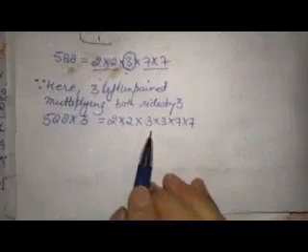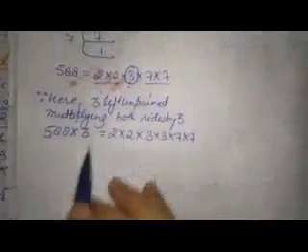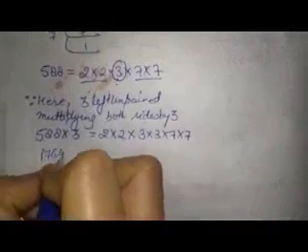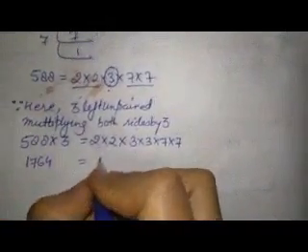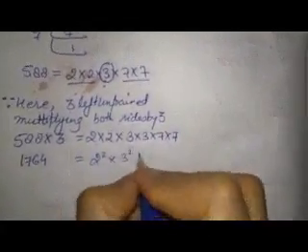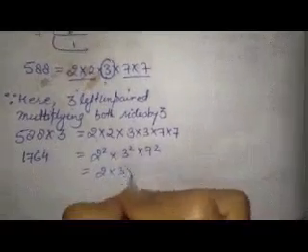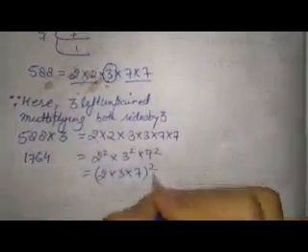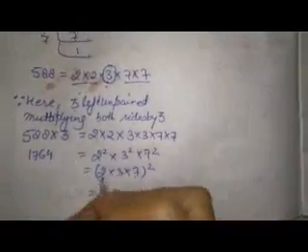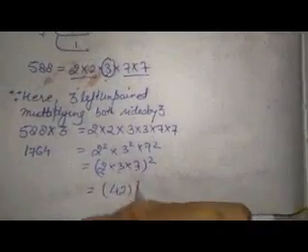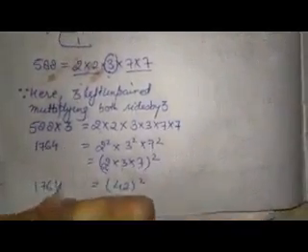Now here we are getting a perfect pair, which means it will be perfectly square. Now 588 into 3 is equal to 1764, and here we can write it like 2 square into 3 square into 7 square. We will take the square common, 2 into 3 into 7, and what we will get? 2 3 6, 6 into 7 is equal to 42. 42 square is equal to 1764. This is your answer.